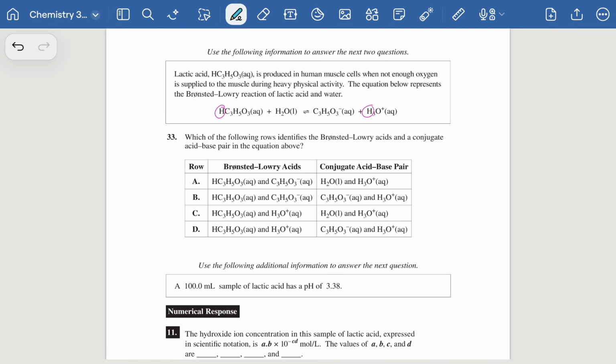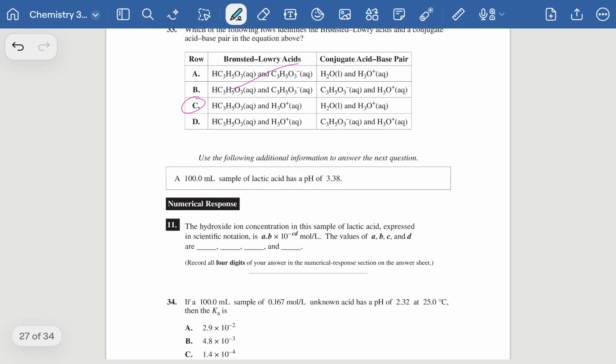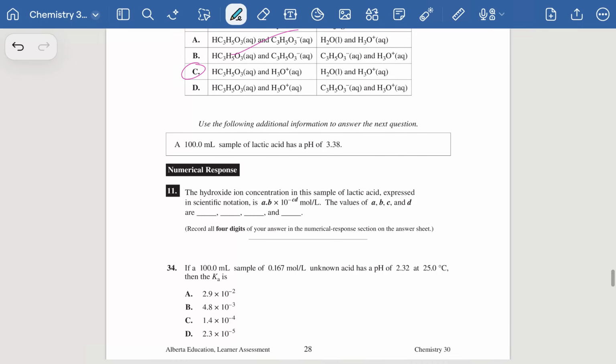From the product side, this one was donated, just because we can approach from either direction. So we can rule out A and B. And then to be a conjugate acid base pair, you are right beside each other in your data booklet on your acids page. So that would be C, and because you're also a difference of just one hydrogen. Looking at the next one, we have a